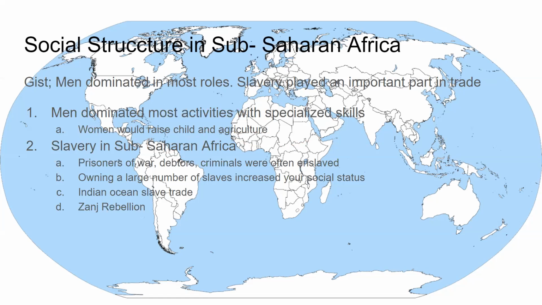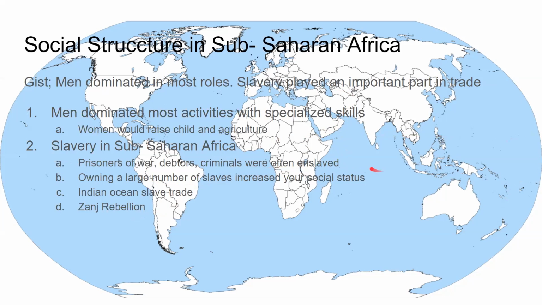Sub-Saharan Africa had been establishing slavery for quite some time, especially East Africa. They had seen slavery done by other countries. They had been practicing it themselves. As you can see, prisoners of war, debtors, criminals were all often enslaved, but they were never lifetime slaves. It's not that you're a slave and then your son's a slave and then they're a slave and all of that. Sometimes in the Middle East that did happen, but